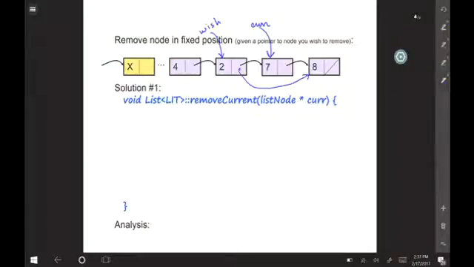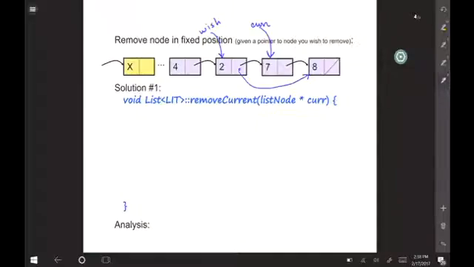And you notice that I put some ellipses there, right? We don't know how long this list is. It could have a gazillion nodes, or it could have 4. We don't know. The point being that even though I tell you exactly what node I want to remove, you have to go all the way back to the beginning and iterate down the list so as to get a pointer to that node before. Okay, so let's write that code really quickly.